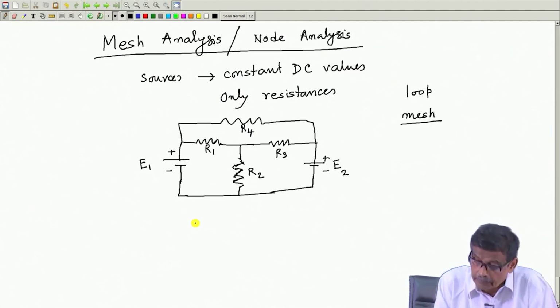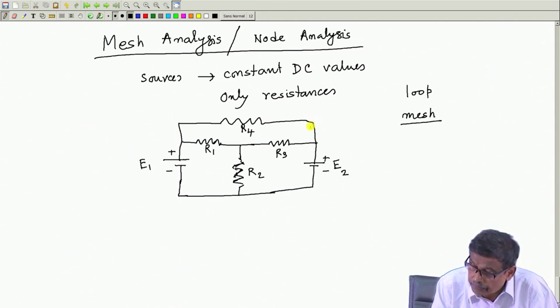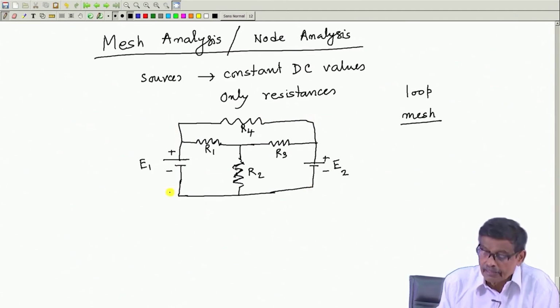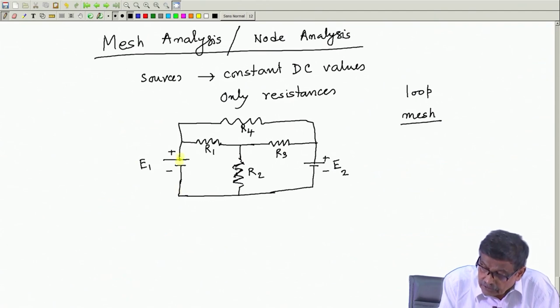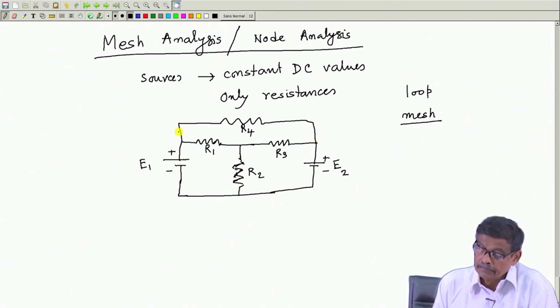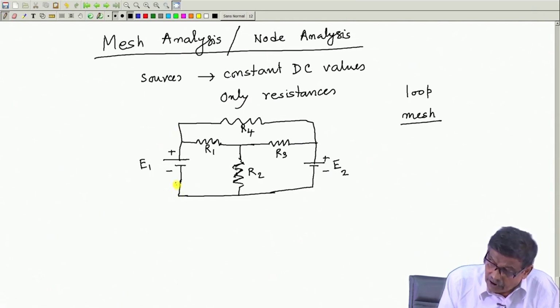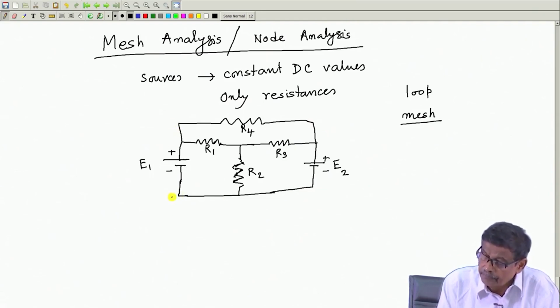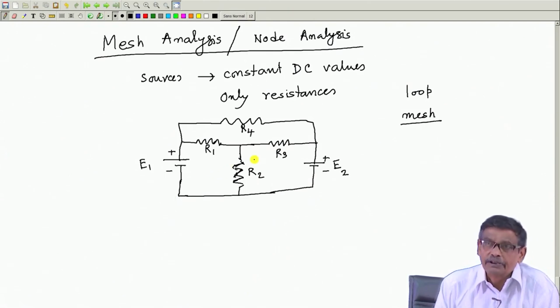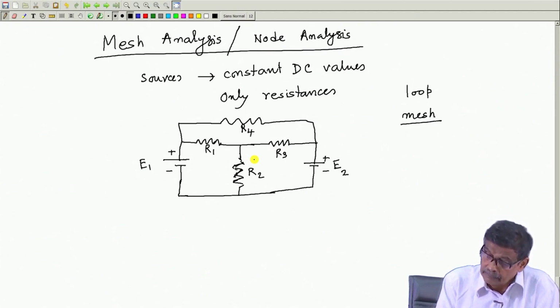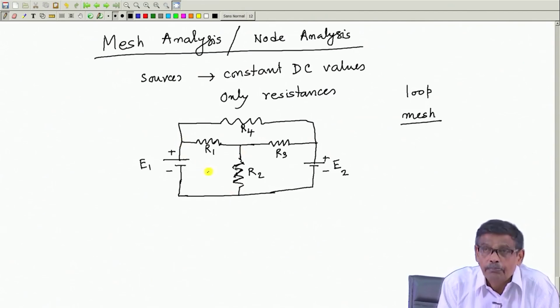Okay. For example, this whole thing is a loop. Similarly, this is also a loop, this is also a loop, and this is also a loop. But you see, in this outer loop, this bigger loop, there are several sub loops present. In this particular loop, within that there is no other loop present,